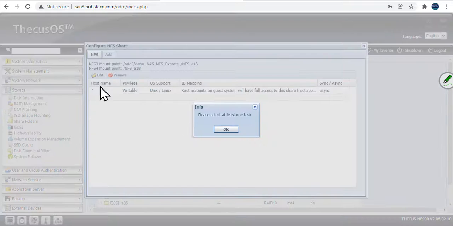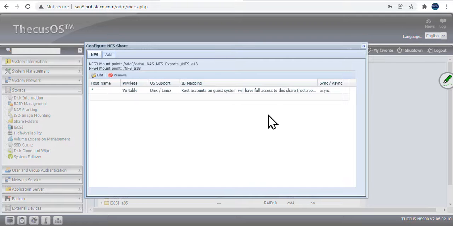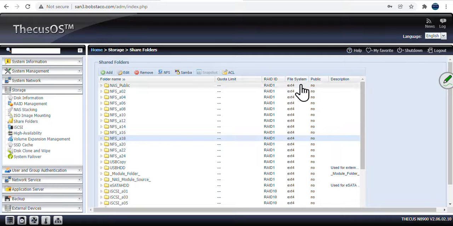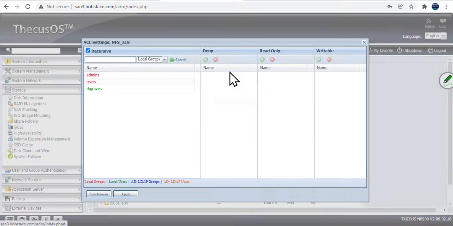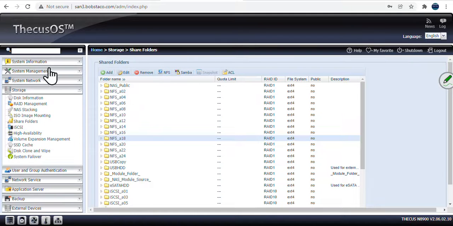There's also the ability to do permissions on these, where you can assign different users read and write. Let's see if I can see that for you in the access control list here. Okay, we just give everybody read write on that. Let's go then and look at